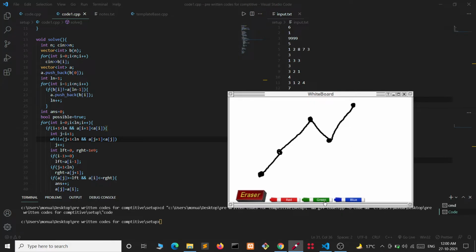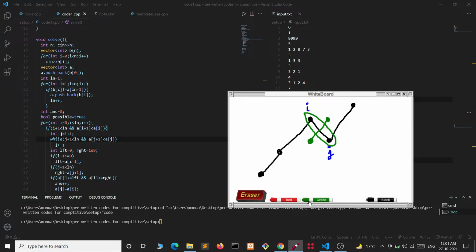Let's say something like this, and we see that this is a decreasing segment. So we would like to reverse it. After reversing we will get something like this. Let's say this was i and this was j. After reversing we will get aj here and ai here.